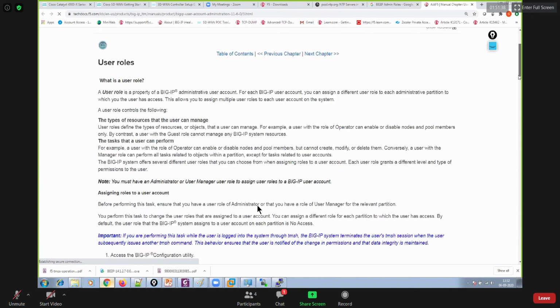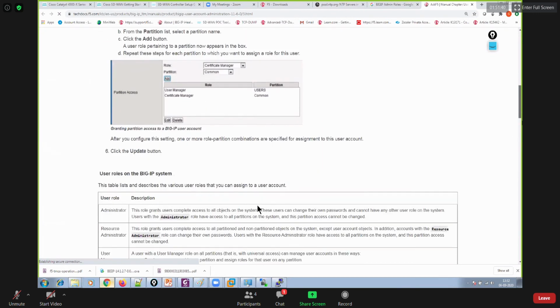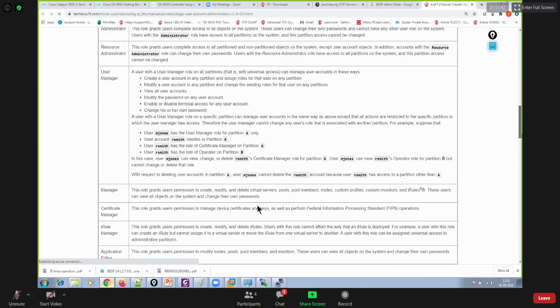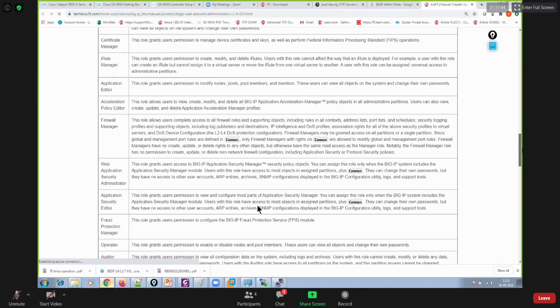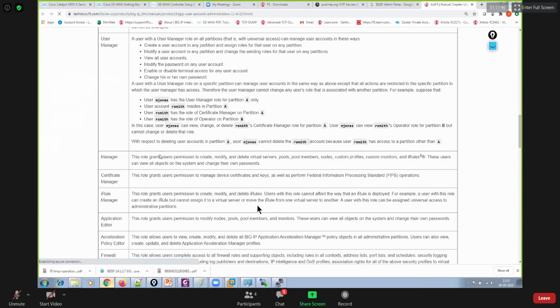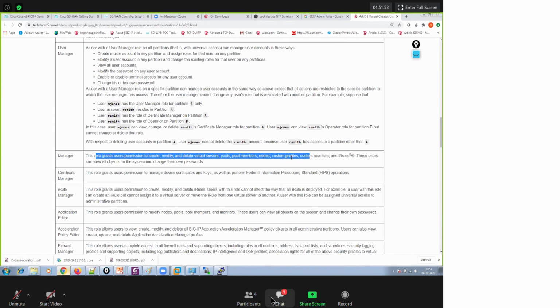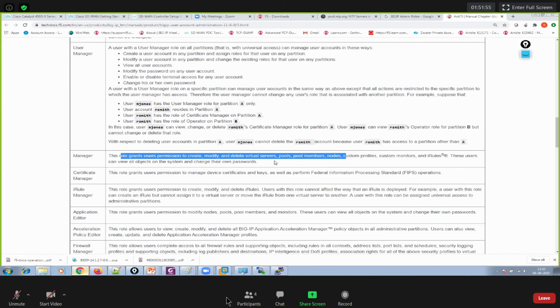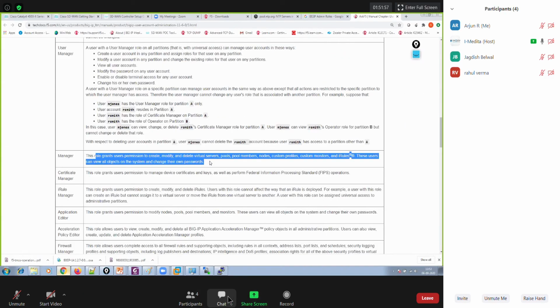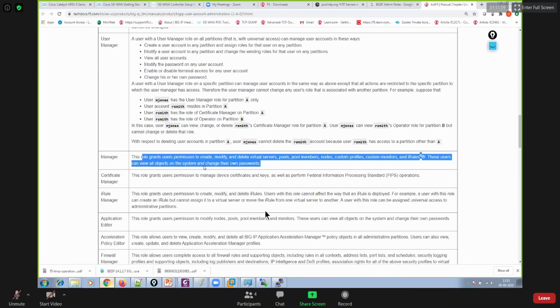You can see that we have these different roles over here, like administrator, manager, certificate manager. So you can see manager. This role grants user permission to create, modify, delete virtual servers, pool members, nodes, custom profiles, custom monitors, iRules. These users can view all objects on the system and change their own passwords. Okay.